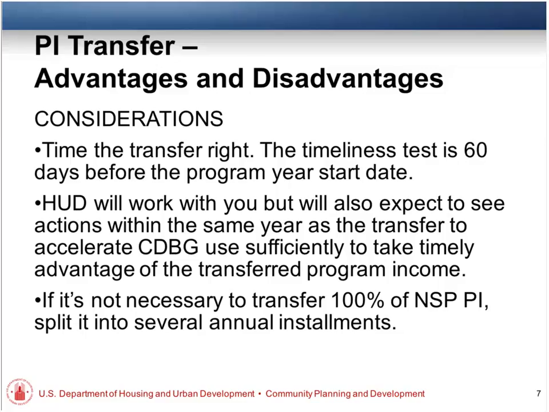So that's what you should think about when you're transferring program income. Can you do what you did for NSP, accelerate and move it, get it under contract and ideally expended or near expended before you hit your second year's test after you move it into CDBG? And the best way to do that is to have a plan. When you make the request, think about it as a manager. How would you deal with a big chunk of money coming to CDBG? Maybe you have a project that's been waiting in the wings, but you need to not just transfer it and then try to decide what to do. Think it through. Okay. Next slide, please.